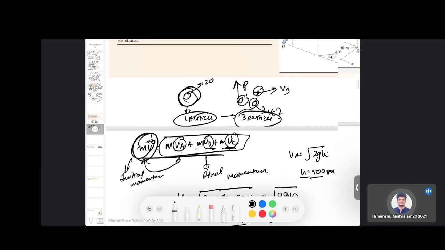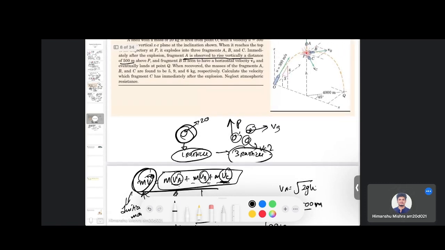Now for particle B, it is given that it has a horizontal velocity VB and eventually lands at point Q, right? So this was the point P, and particle B actually lands at point Q, which is 4000 meters from the origin. So this is the distance, 4000 meters,